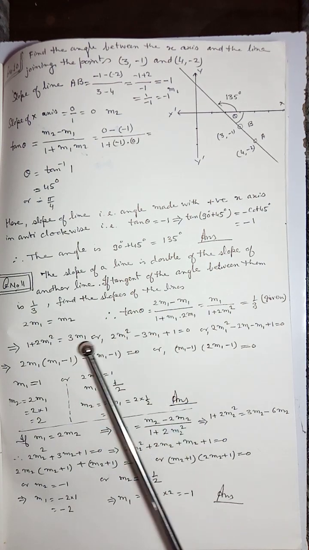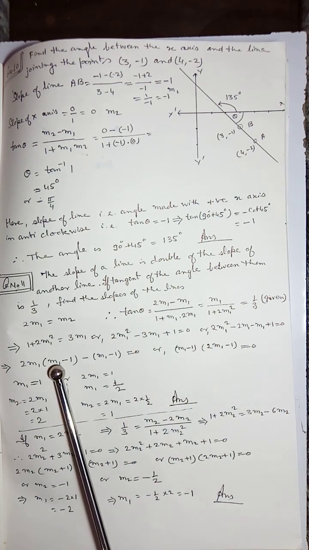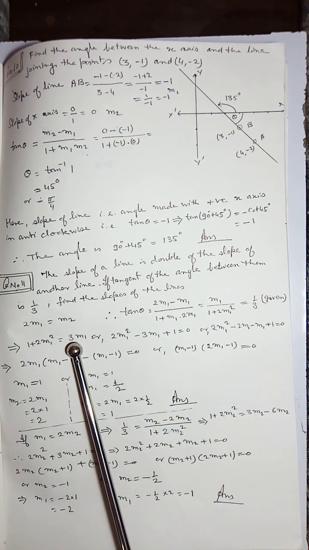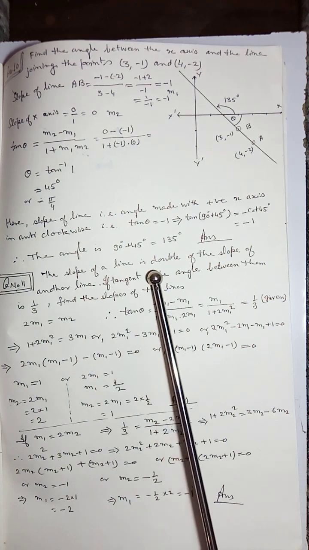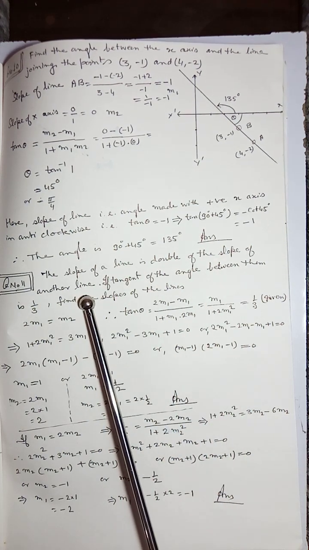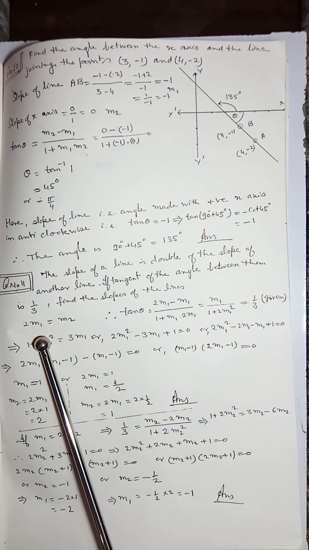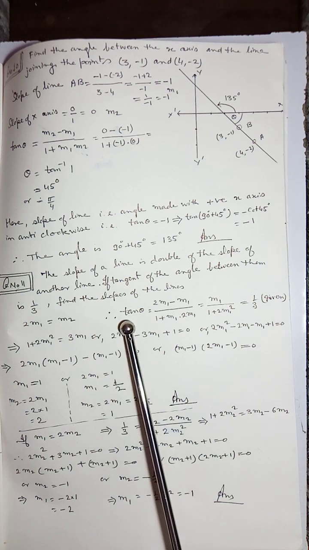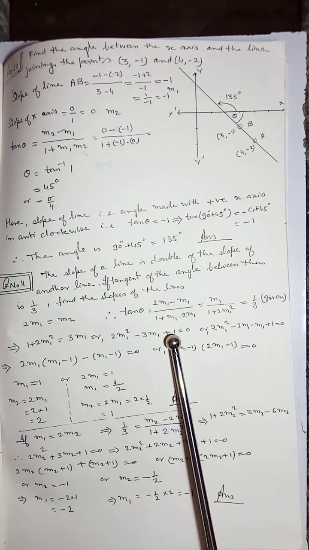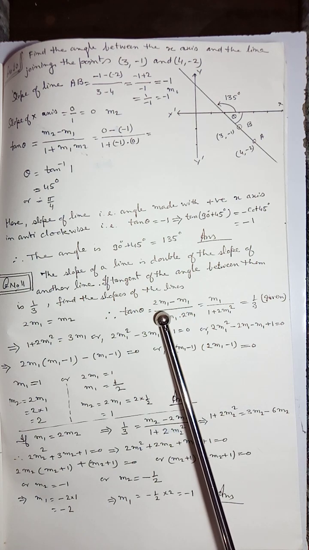The same situation is here, but find the slope of the line. Here it is given that twice of m1 is equal to m2, because the slope of the line is double the slope of the other line. That is why I have written here twice of m1 is equal to m2. So tan theta will be equal to twice of m1 minus m1, meaning m2 minus